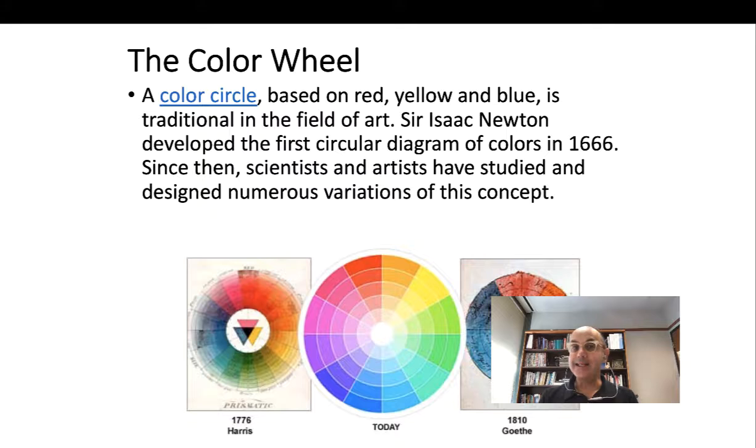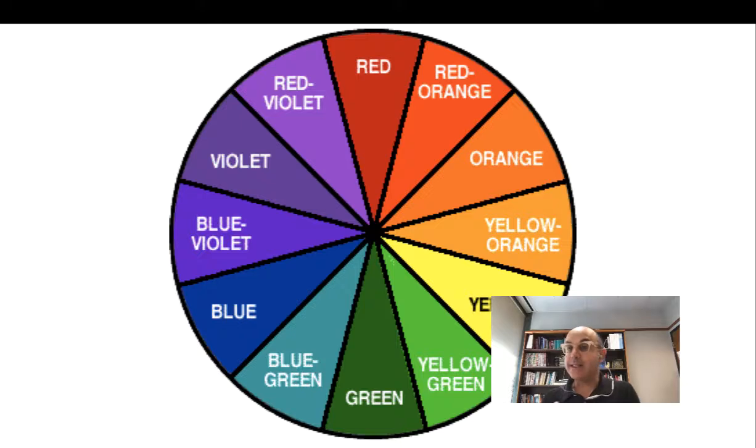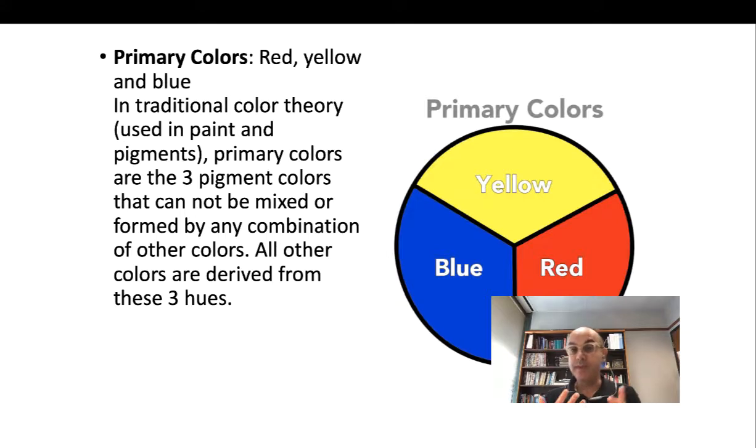A color has a scale, and it can be based on red, yellow, or blue, and this is the tradition in the field of art. And again, if we remember high school or elementary school, we talked about Newton's development, and he already embedded the idea that we have a spectrum of colors that are part of how we see and how we accept the idea. So this is the idea of colors, this color schema, and we are able to divide them into primary colors